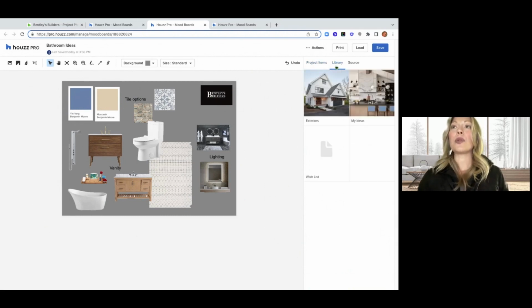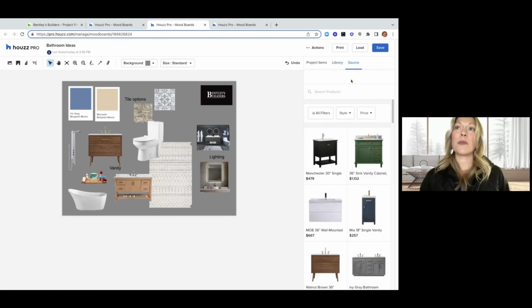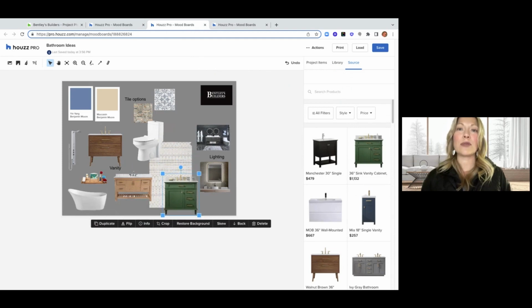I can also pull additional items in from the Houzz Pro homepage, different things that I've saved in my idea books, or different concepts and parts that I may have pulled from the Houzz site. And then our source is also going to pull products directly from Marketplace. These are real items that I could, again, click and add in as different options for the